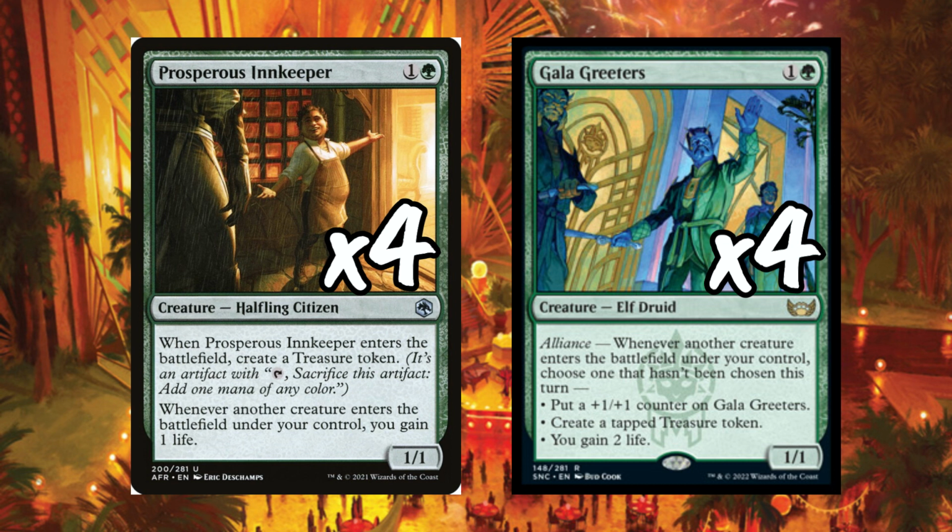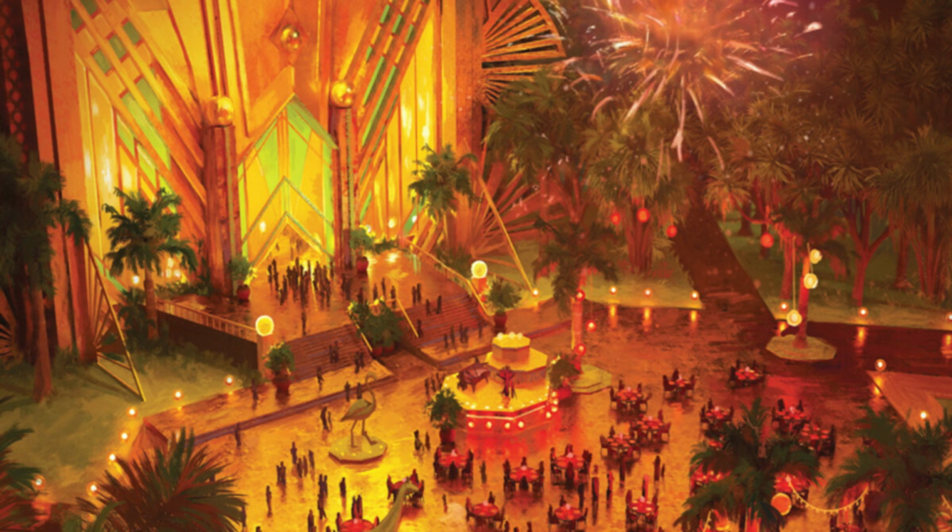That's something I want to point out: with both Prosperous Innkeeper and Gala Greeters, if you've got a Jenny Faye out, you can turn these Treasure tokens into creatures, which helps you fulfill the condition on Jetmir of having as many creatures as it takes to get these different Anthem effects. But we are going to play around the Alliance mechanic a little bit in our tokens deck, so let's play